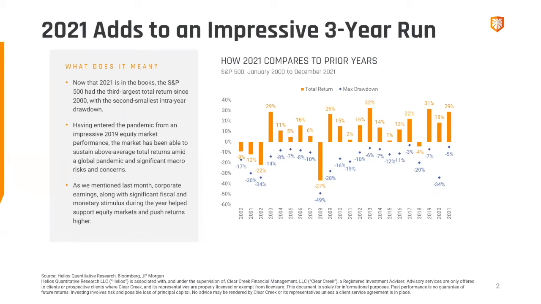And so do I see another 25% in the marketplace this year? I don't, right? I would just put numbers like that out of your head. The fact that we've gone 31, 18, and then 29 is phenomenal over the last 3 years, right? 19, 20, and 21. We are going to have to normalize at some point. So just understand that and feel that. So number one, your risk tolerance is going to be important.